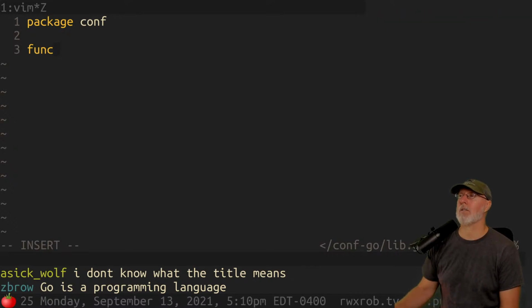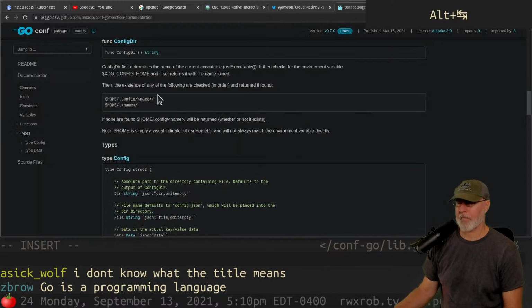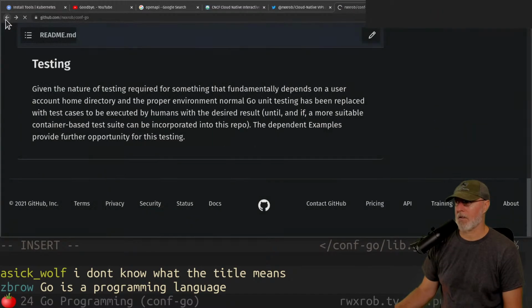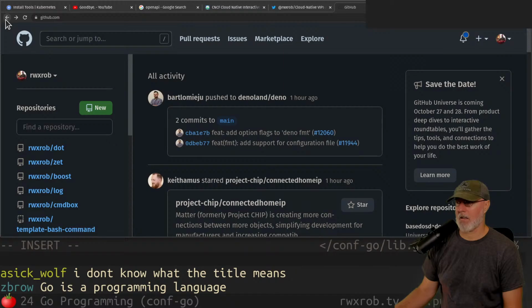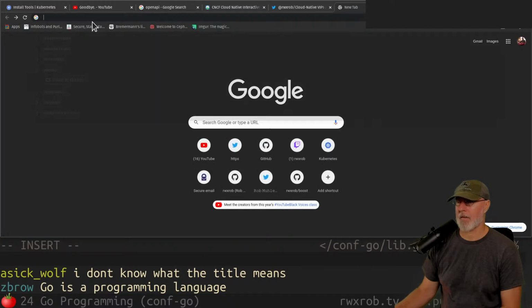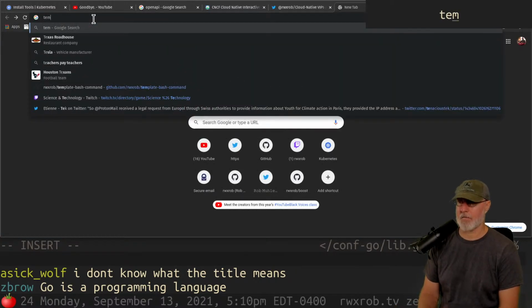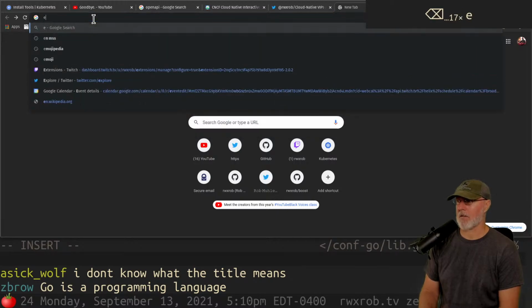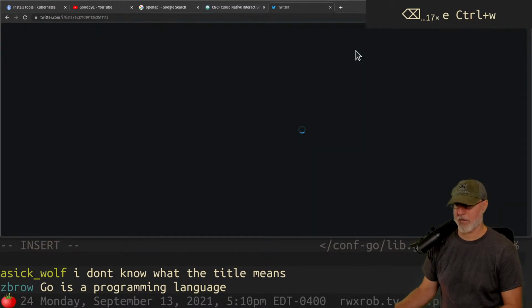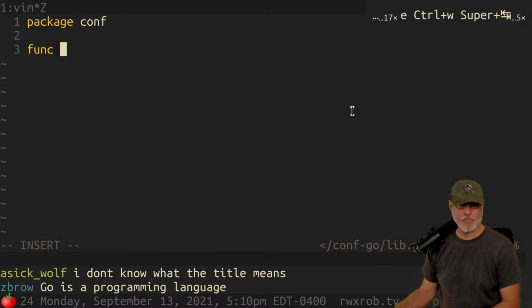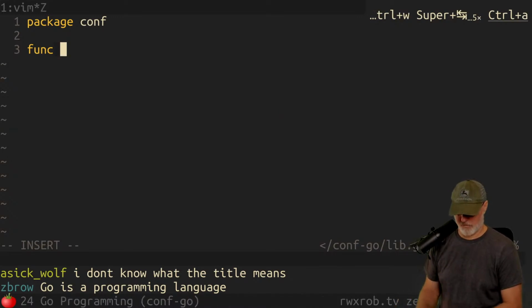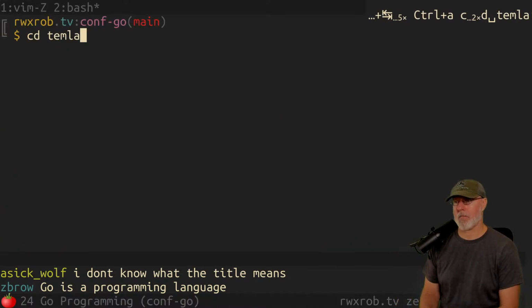Well, let's go back to the other one that I had. Let's go back to the template. Remember the template thing, and see which ones I want to do there. You know what I can do? Let's just do it from the command line. I don't want to do it here. God knows I like the template better than the command line. Let's open another window, and I'm going to go into the bash template. I'm going to go look at it.